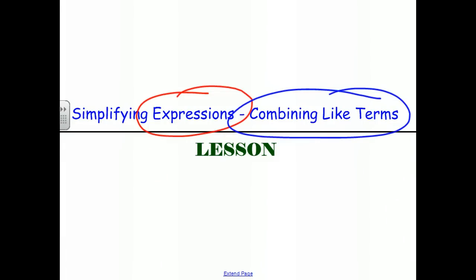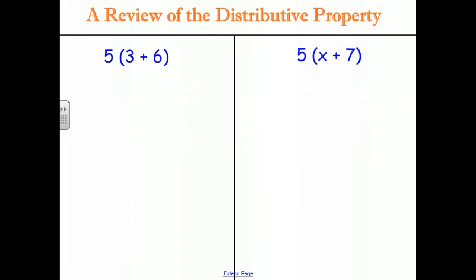Now, before we get into exactly what combining like terms is, let's take a quick look at the distributive property, but this time we're going to add the caveat that we have variables involved. In the distributive property lesson, we talked only about the distributive property with numbers. Now we're going to talk about them with variables. So in our example on the left, 5 times the quantity 3 plus 6, we know that for the distributive property, we take the integer or variable or whatever it is outside the parentheses and multiply it by both the first and second, and if necessary, third, fourth, fifth, etc. numbers in the parentheses. 5 times 3